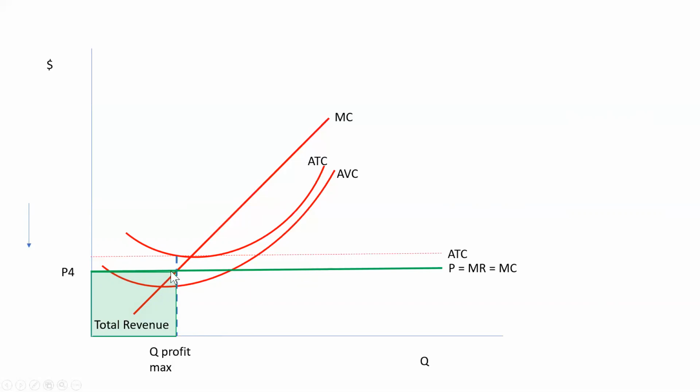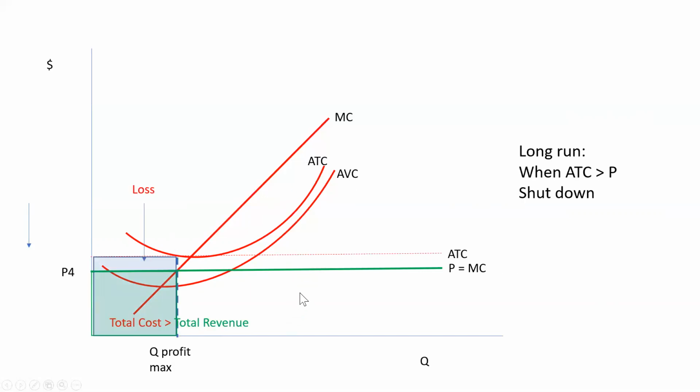The total revenue, you see here, is still the price times the quantity. The problem is that the total cost per unit is greater than the price that they're actually earning. So at this quantity Q, they're actually generating an overall loss, because their total costs, which is the blue rectangle, are greater than the green rectangle's total revenue. So in the long run, this firm is going to want to shut down because average total costs are greater than the price that they can earn. But